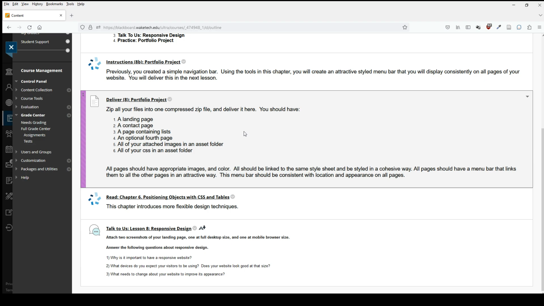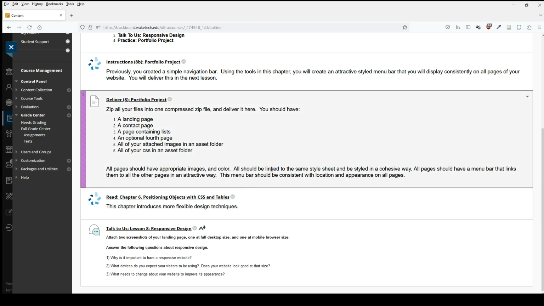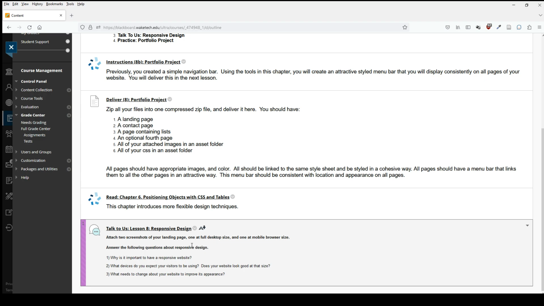and you'll have several unpressured weeks in there to make improvements. After you have delivered this, go ahead and read about positioning objects with CSS and tables. I'm going to talk about divs in a separate video, and I'm going to talk about tables in a separate video. And then take a look at your current landing page, your index.html, your home page, your home landing page, and take a screenshot once where it's being viewed at full desktop size and one at mobile browser size, and